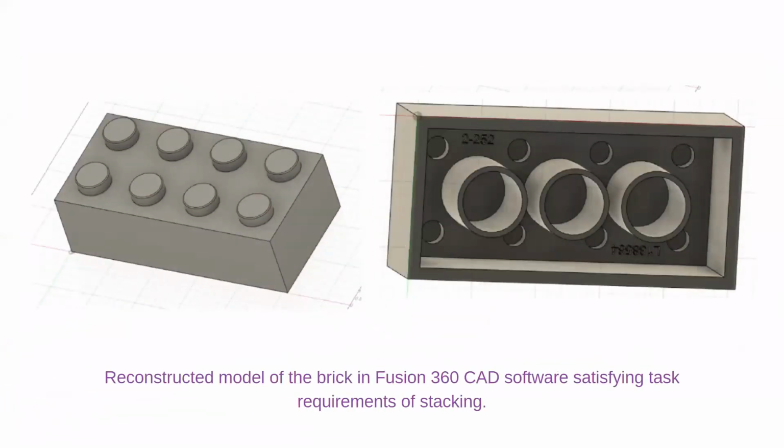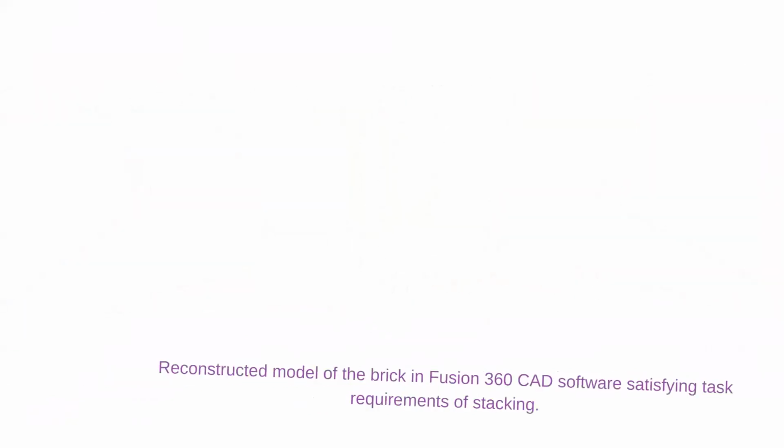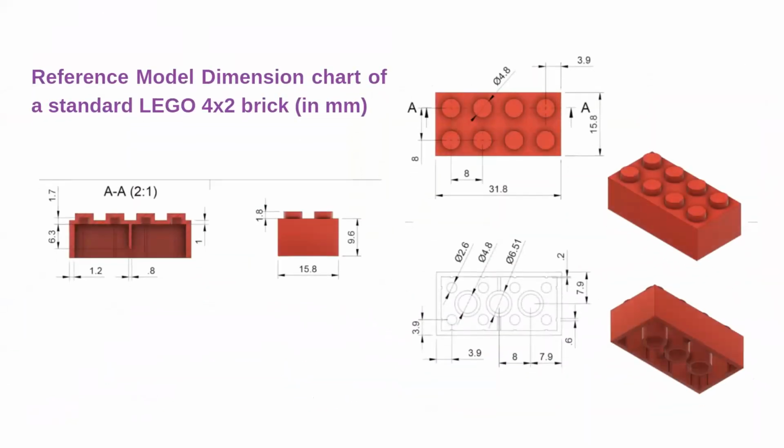After constructing it in Fusion 360, we managed to construct the interior cylinders that allow it to stack on top of each other, and we managed to solve the deformation so that it looks like a normal Lego brick. The dimensions match those of a normal Lego brick, and they match the WRL file as well. In the next slide, you can see the reference schematic that was used to develop the Lego brick. As we confirmed earlier, we cross-checked these references with the WRL file to make sure that they are accurate, and we adjusted the values accordingly.